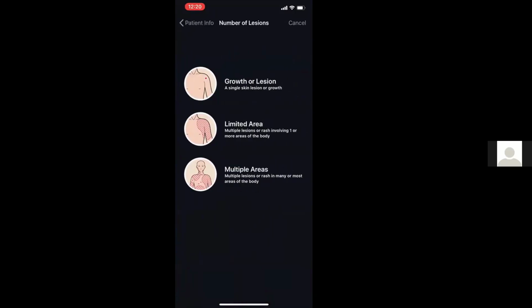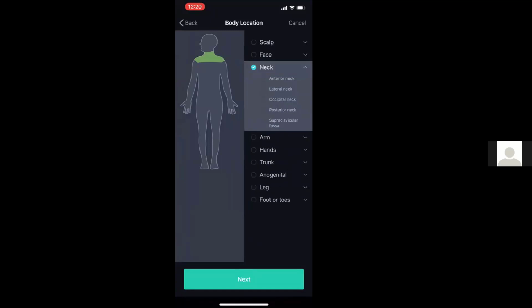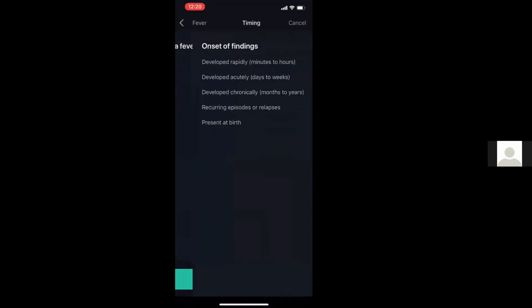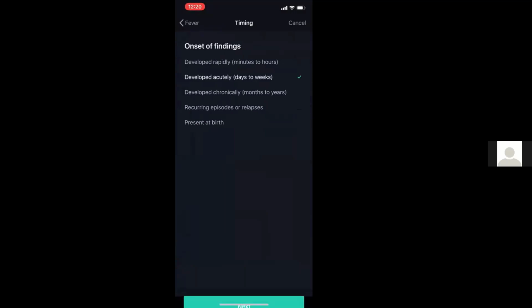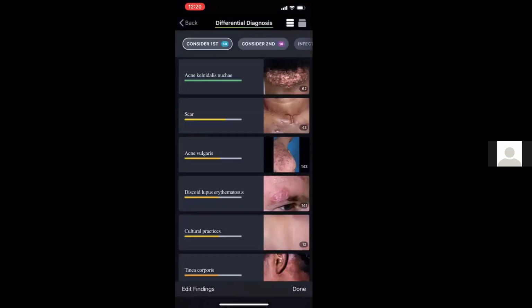I'll select limited area, and I can either tap on the body part itself or tap on it in the sidebar here. I'll just say neck. I could be more specific if I want, but I'll just hit next in this case. Didn't itch. There was no fever present. And let's just say it developed acutely in this case. Then I'll hit patient appears well,